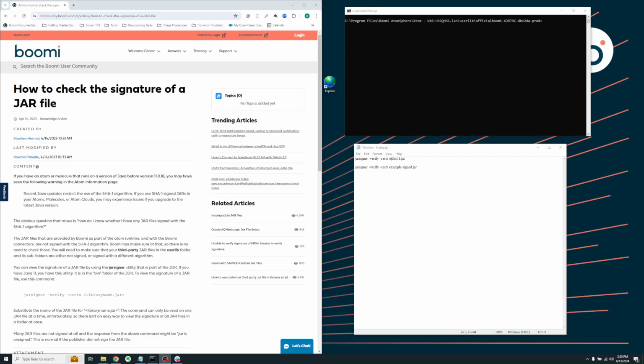Hi, I'm Brandon from Boomi Support, and today we will be going over how to check the signature of a jar file. One of the reasons that you might want to do this is if you ever ran into this error,